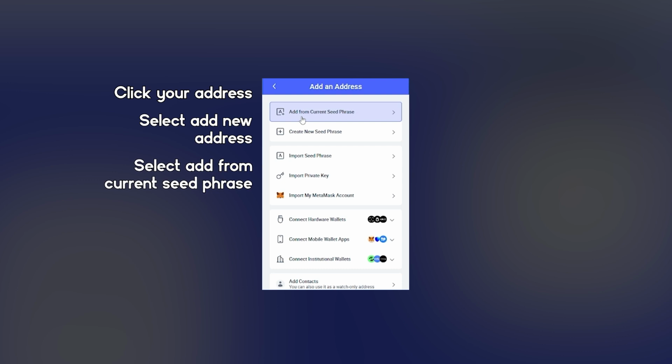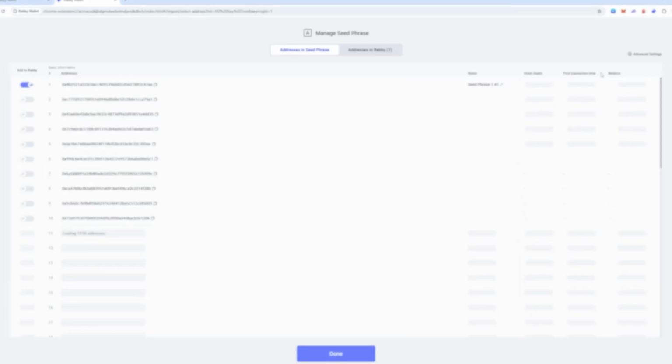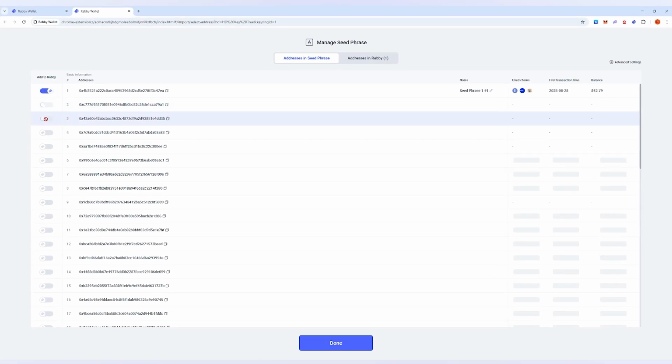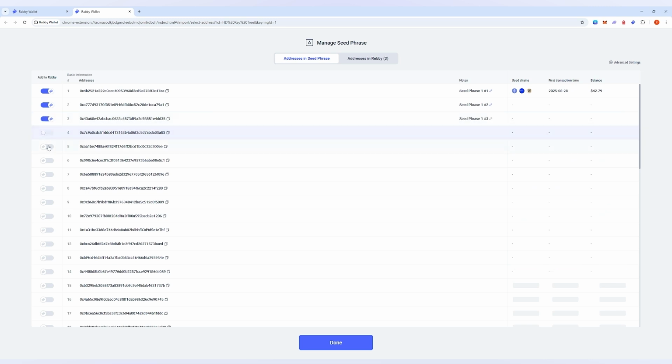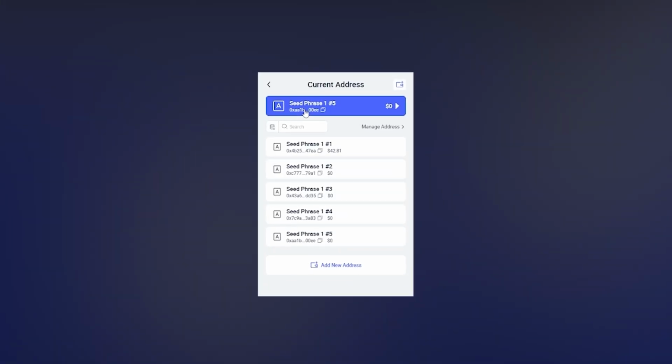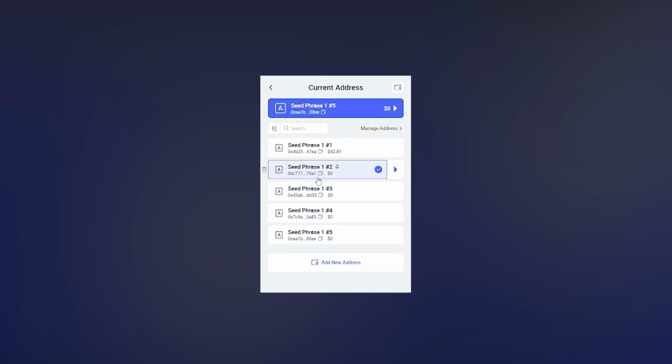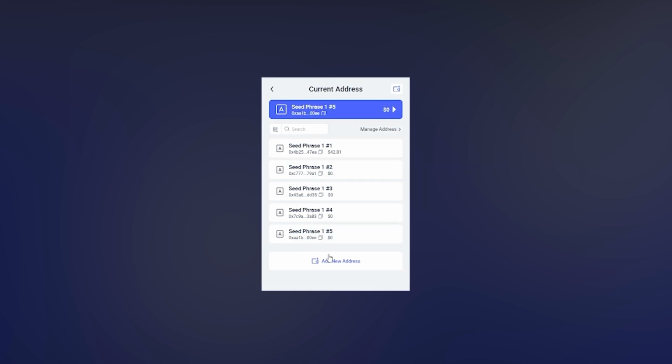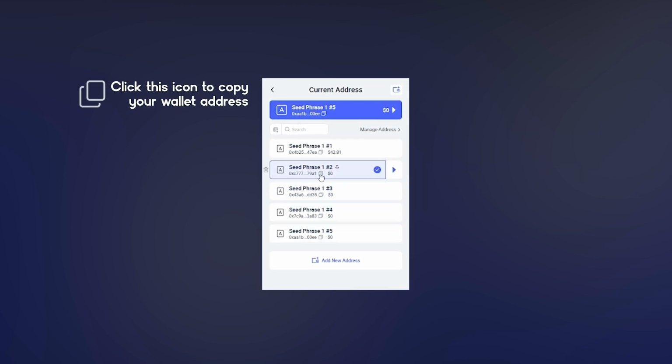You're going to choose add from current seed phrase. Then you're going to click add address and you're going to add as many addresses as you want. For the purpose of this video, I'll just add 4 new ones. Then you're going to click done, and they're going to show up inside your address list. Here, once again, in order to copy the address to send funds to it, you're going to left click this